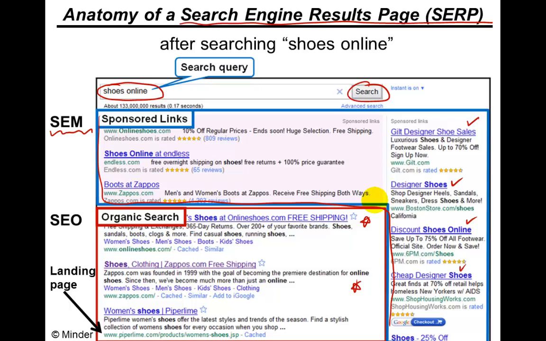And when people click on a particular link here, it directs them to what we usually call a landing page. Sometimes the landing page may be just the top home page, but sometimes it's a very specific page, which may work better in some cases.